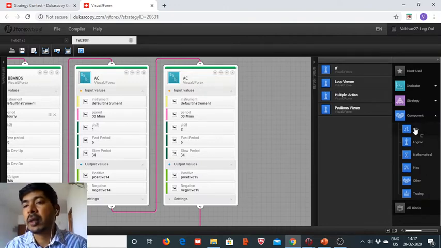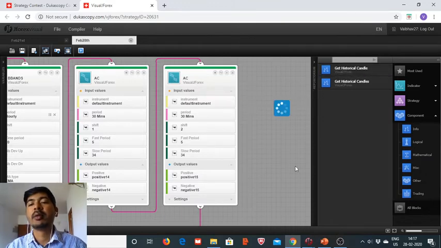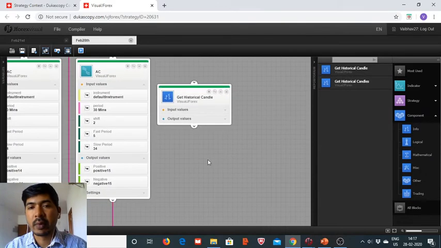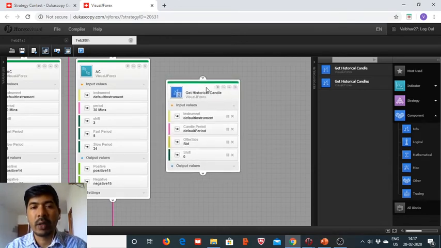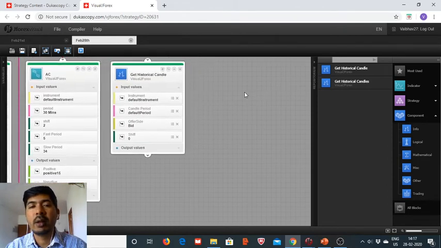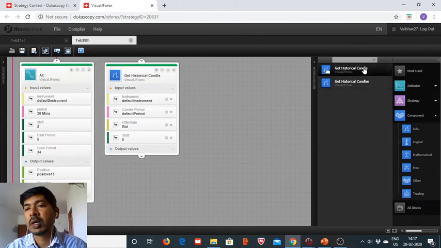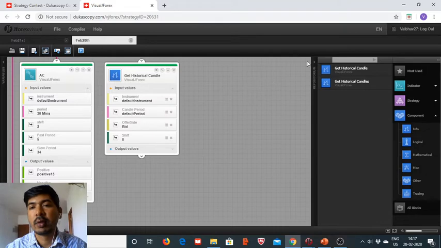So we bring in from info section the get historical candle, and one will be hourly while another will be 1 minute, just to make sure that last minute the price was... or we can also use last tick also, or yeah, maybe yeah, we can use last tick. So we will use the last tick price,